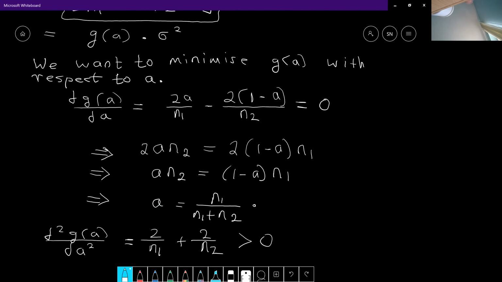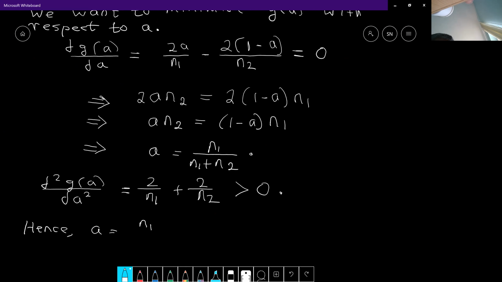Hence a equals n1 divided by n1 plus n2 minimizes g of a,